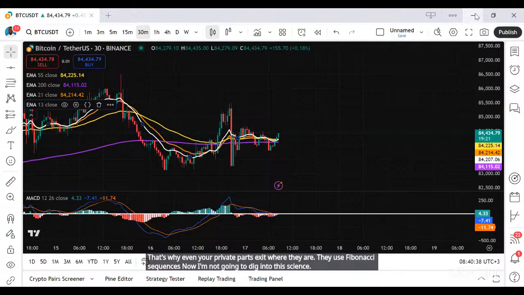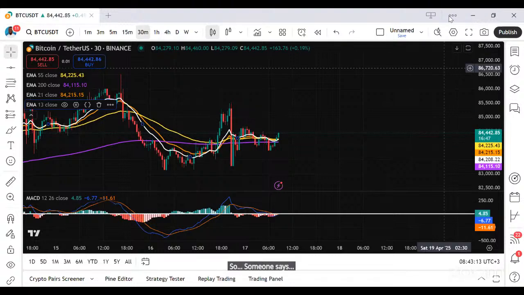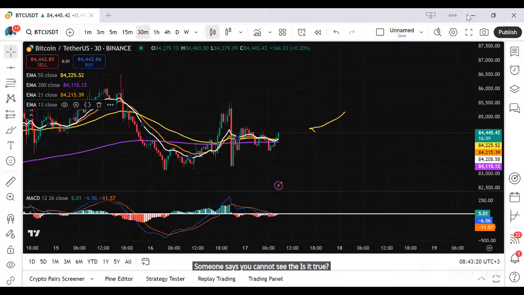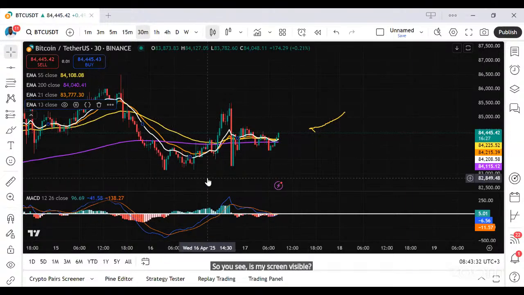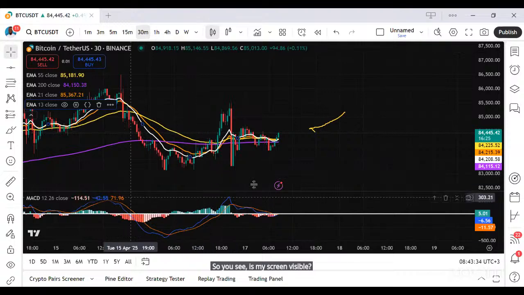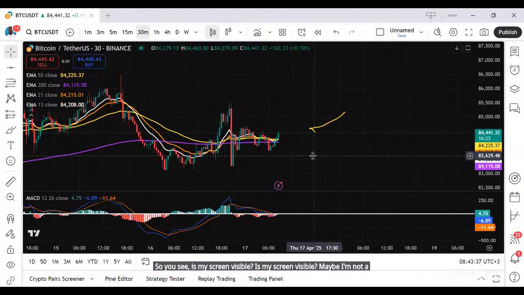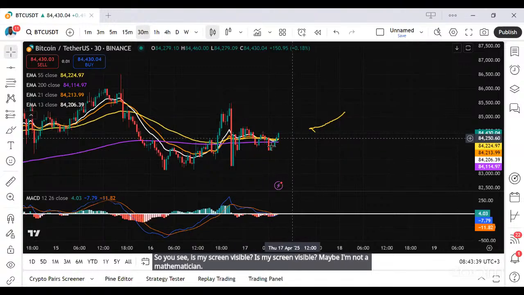Someone says you cannot see them. Is it true? So, it is up to you. Me, I love using Fibonacci numbers. So you see, is my screen visible? Is my screen visible? Me, I'm not a mathematician. But these numbers,